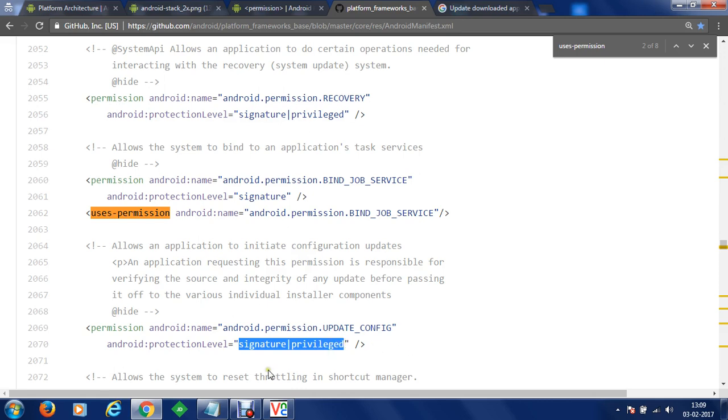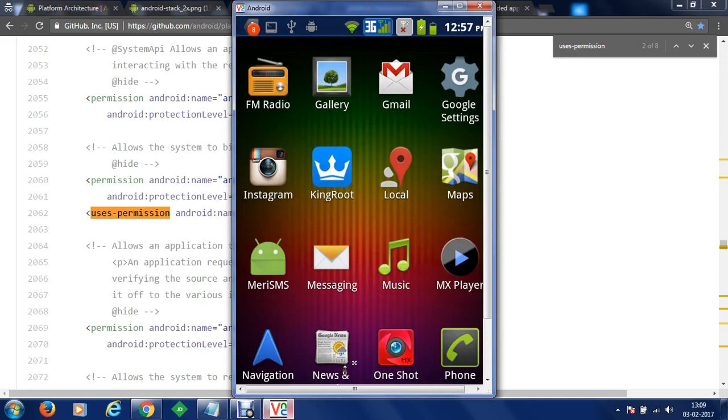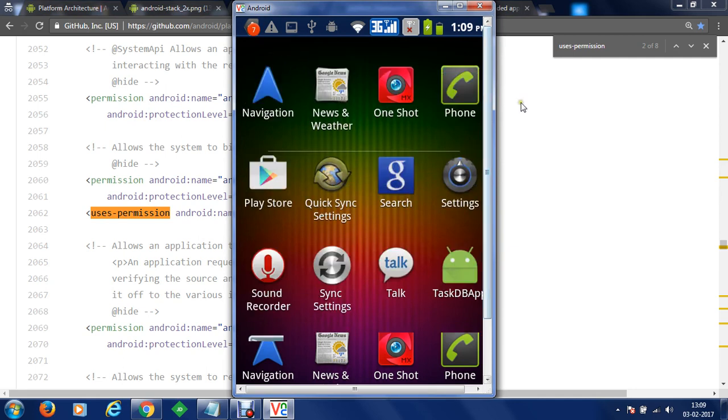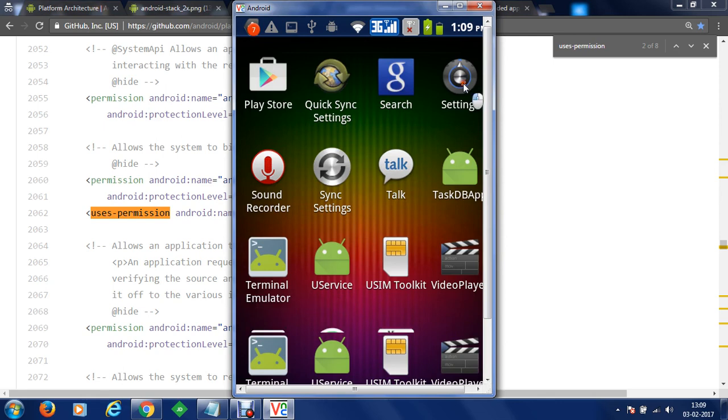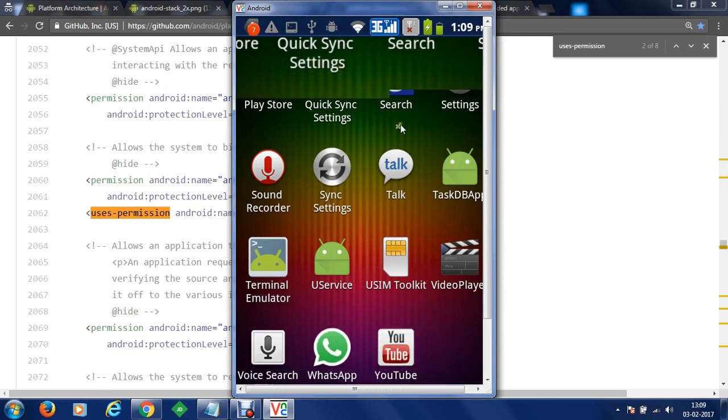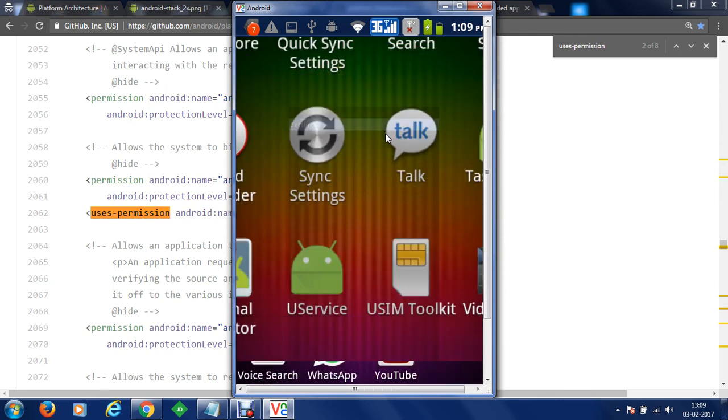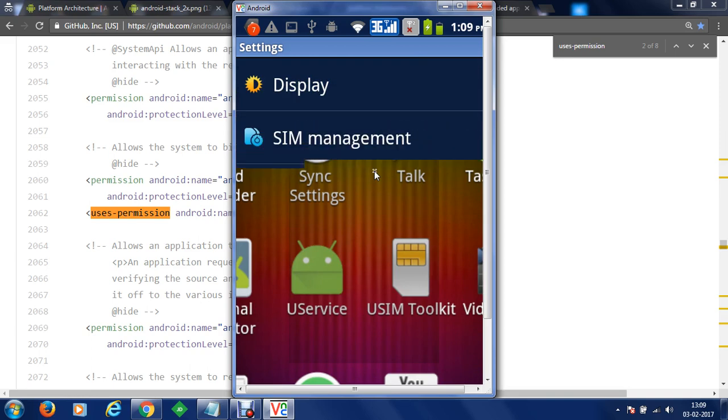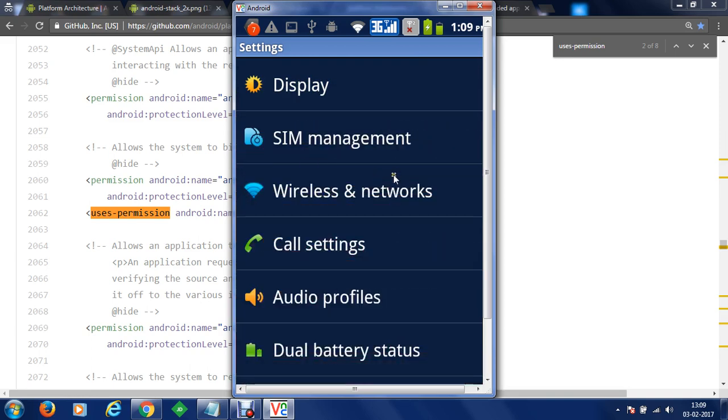Let's say in our Android mobile device, we can check the permission model first. We'll go to settings. Within settings, we can open an application, and there we can see the permissions granted to that application. We'll go to applications, then manage applications.